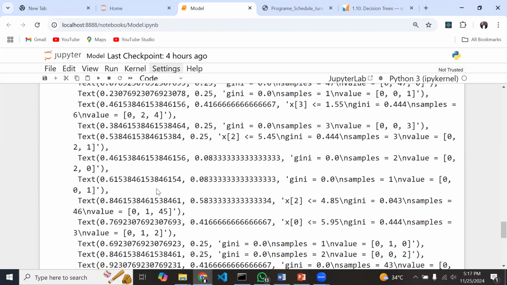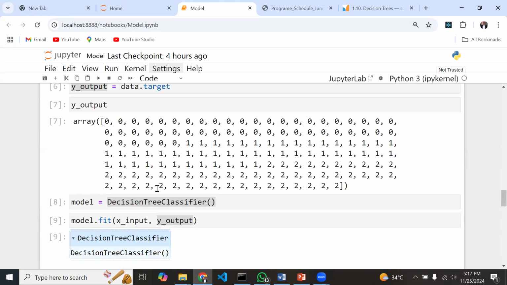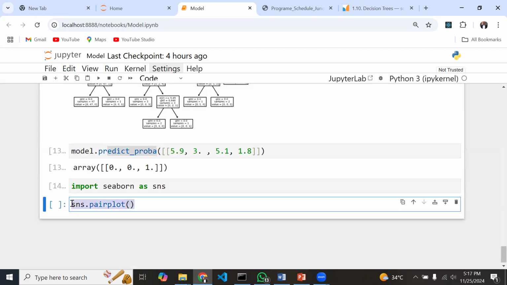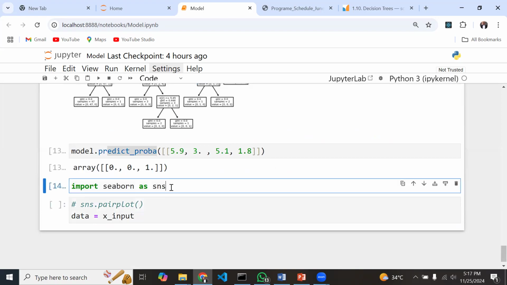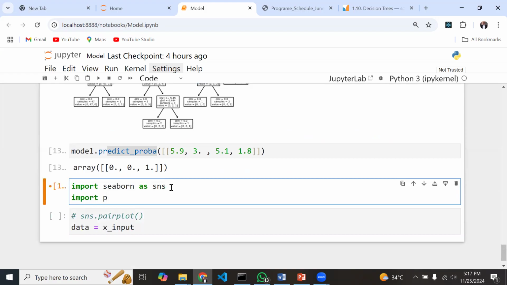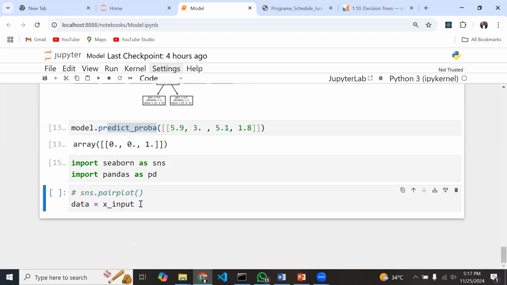Okay, so let me just work this out briefly. So the data is going to be X inputs, and then Y input, but I need to merge them. So let me also import pandas. So import pandas as PD, and then let's do PD dot